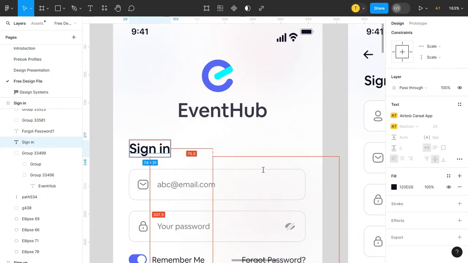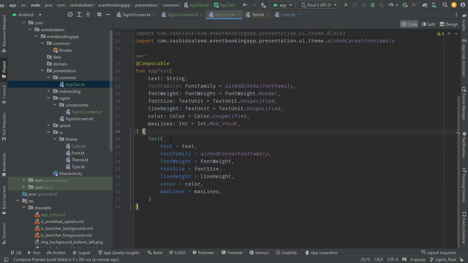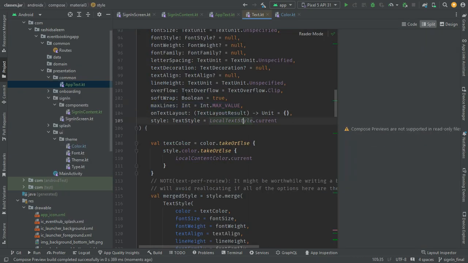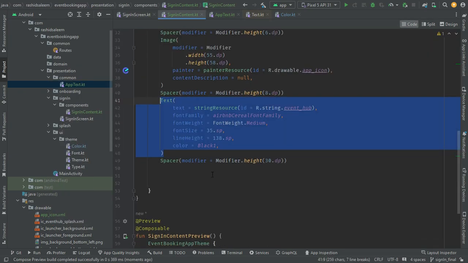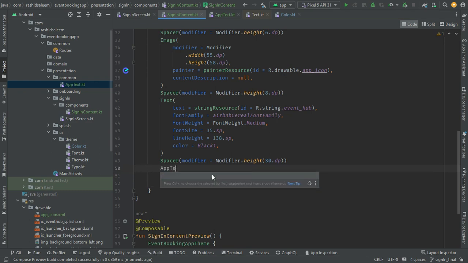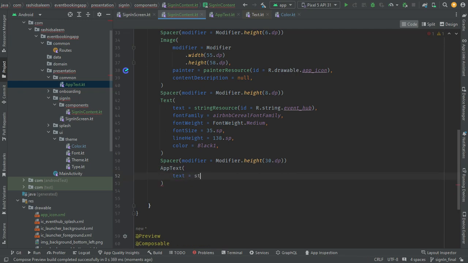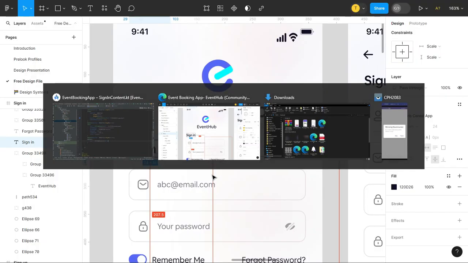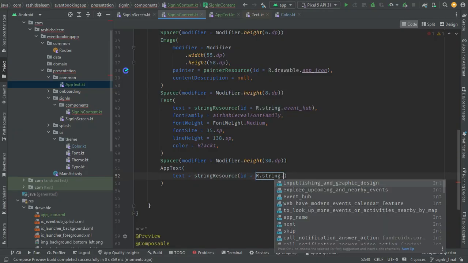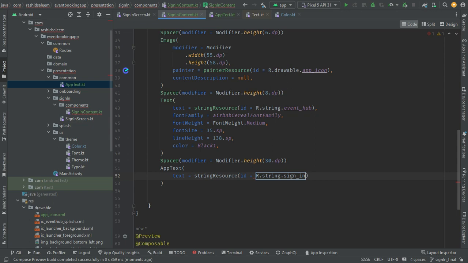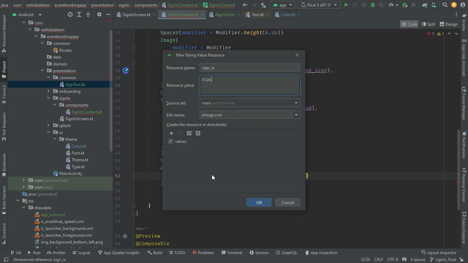Okay, and yeah, we will use this, where is the font family, so we will use this app text component throughout our app because that would be a reusable component, app text, string resource sign in or string sign in,